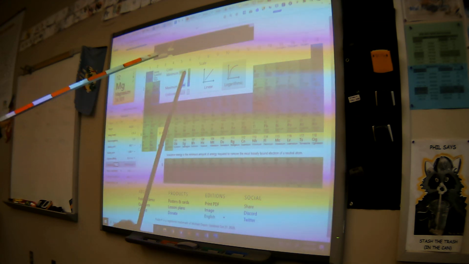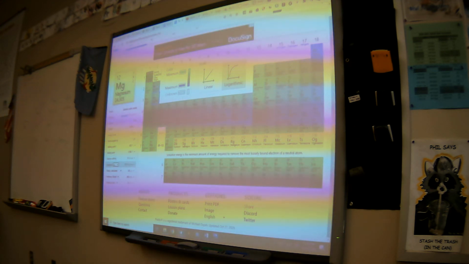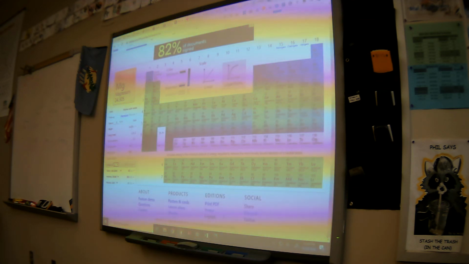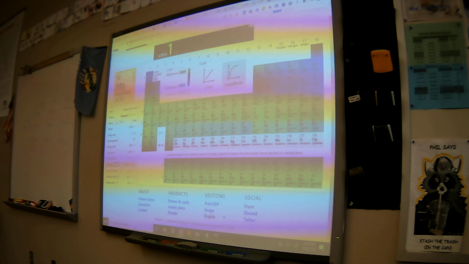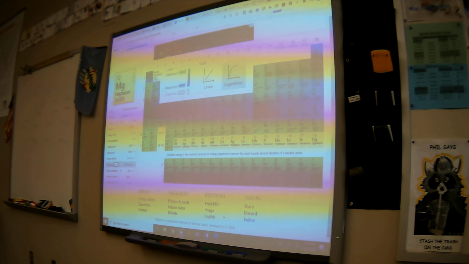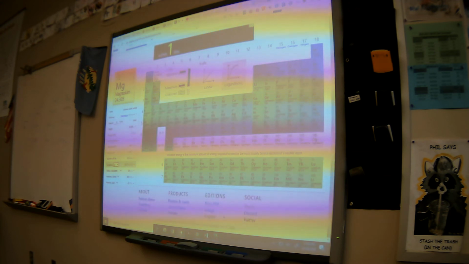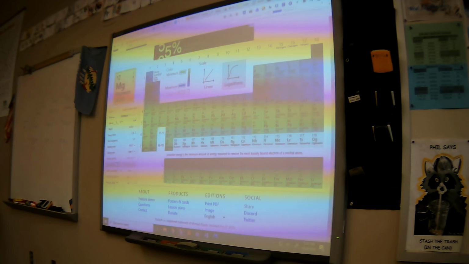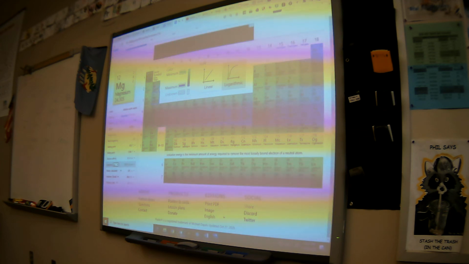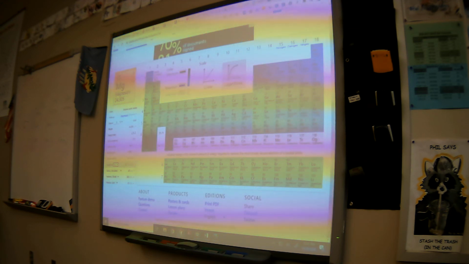Actually, if you want to open up your phone book, go ahead and look at it. You can see the numbers as well. That way you can kind of see. And sometimes those colors are a little misleading. I mean, if it's going from 1,200 to 1,100, the colors aren't going to be that different. But you can still see it's going down. If you're going left and right, you're changing the size of the magnet because your valence shell, the outer shell